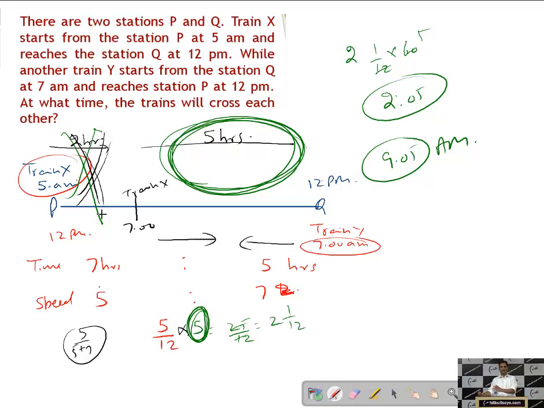Otherwise you can do it by method also students, but again it will take a lot of time, and after practice you can do this question within 20 seconds. Time is given, speed is inverse, then you can apply the logic. Now move to question number